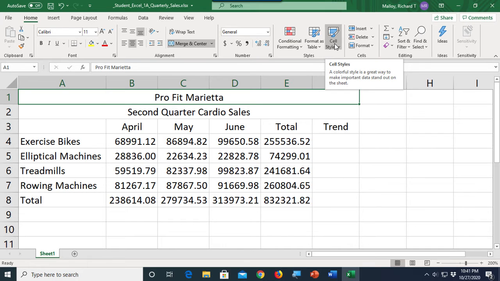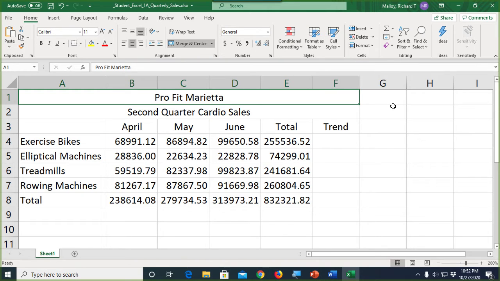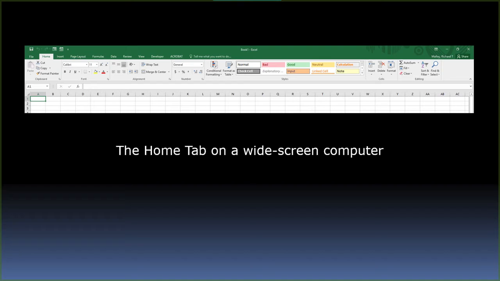Now, if you don't have the Cell Styles button like this, what you may have is something else. My computer screen is pretty small, so all I have is this little button here in the Styles group. On your computer, it may look like this. Here you have a very wide screen, and we have a bunch of different buttons, and our Styles group is very big. We have a bunch of different styles here that we can choose from, but what we want to do is look at this a little more closely,